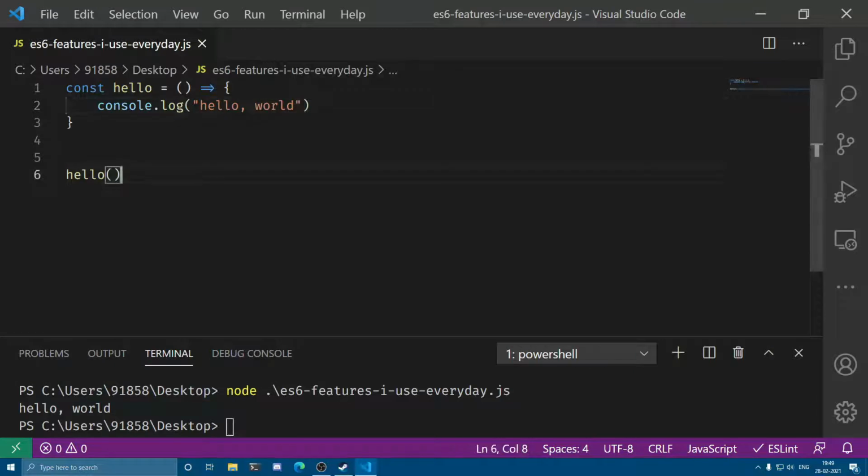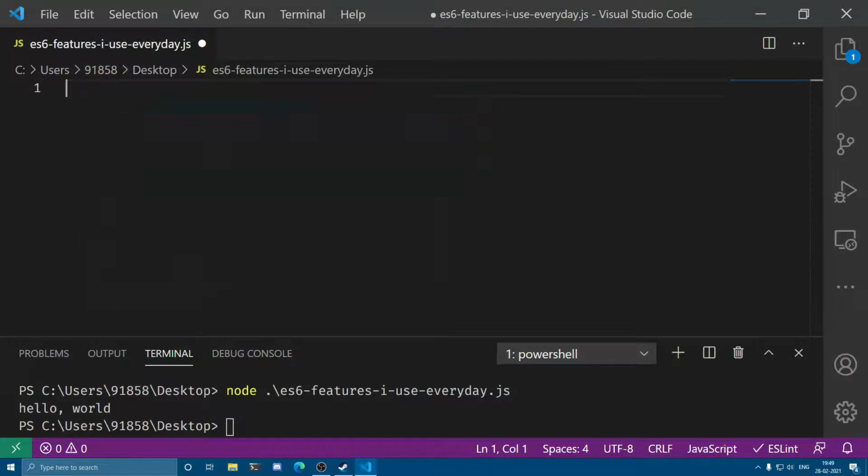I write a lot of React code, and even in my React components I use arrow functions to deal with the click events and all. So let me show you a sample React component.